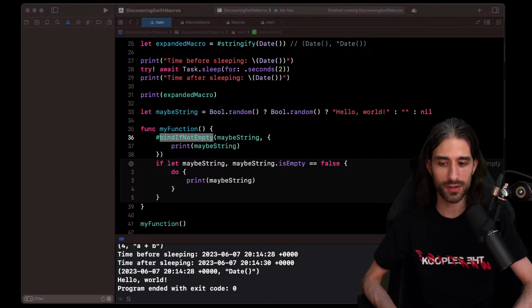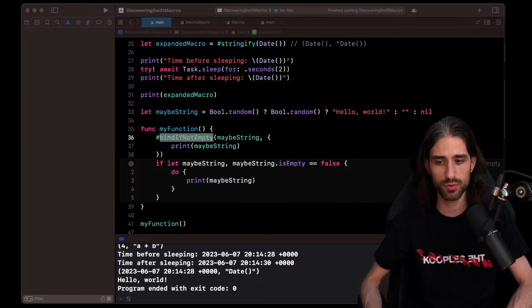However, knowing how macros work on the big picture is still important, because even if you won't be creating your own macros, you will be using macros. Maybe not the ones made by third-party people, but the ones made by Apple. So it's important to have the knowledge of how they work, so that when you have an issue, and we all know that you will have an issue at some point, you know where to look. You have a big picture idea of how things are working, and that's very precious when you need to debug an issue.